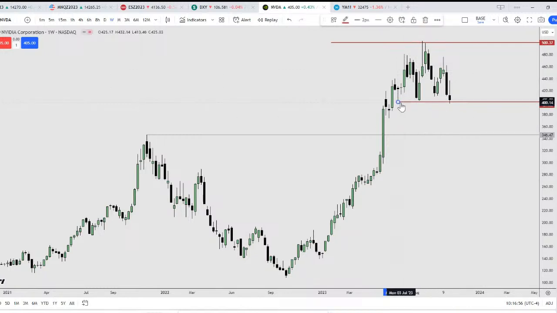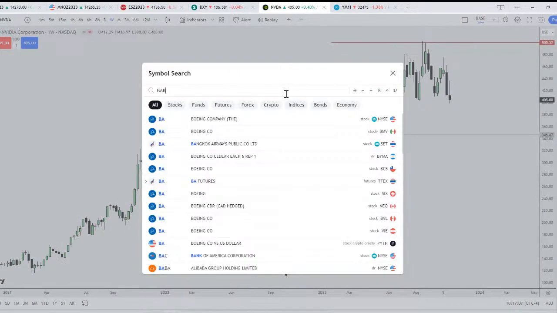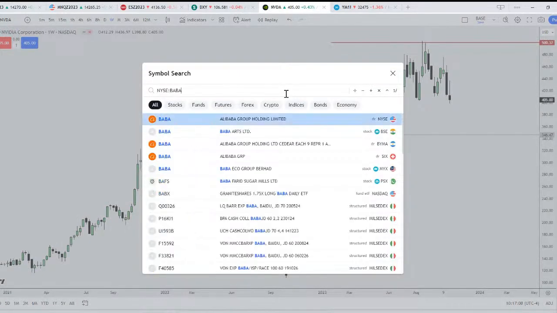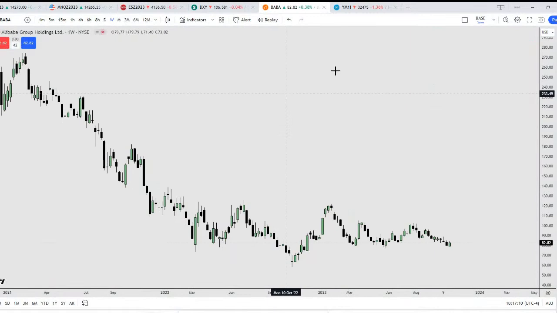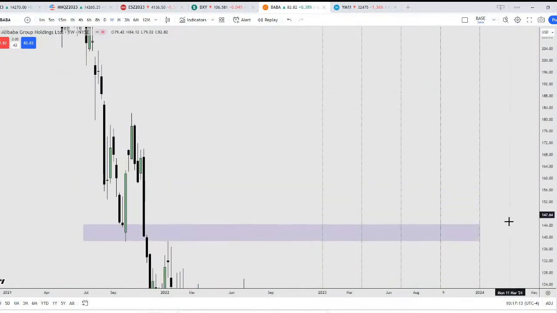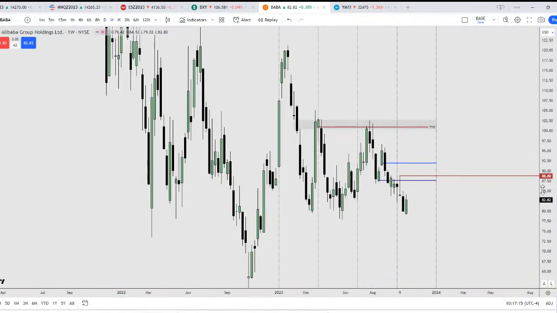Okay, so since it's taken out this low, I'm going to remove it. I want to see speed for the following weeks. All right. Next, and probably the last, I'm going to cover Alibaba, one of the Discord's favorite companies.